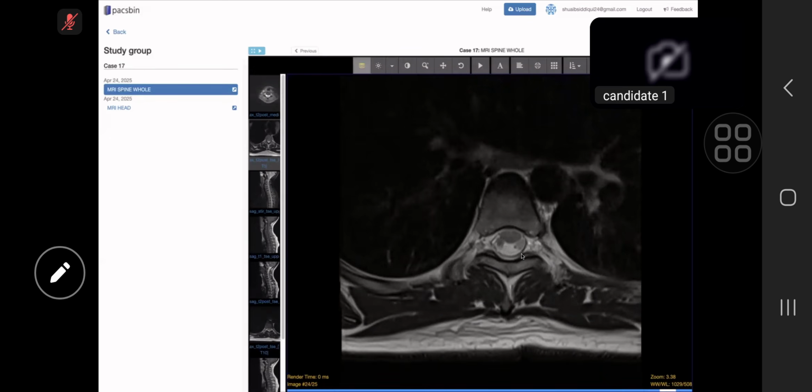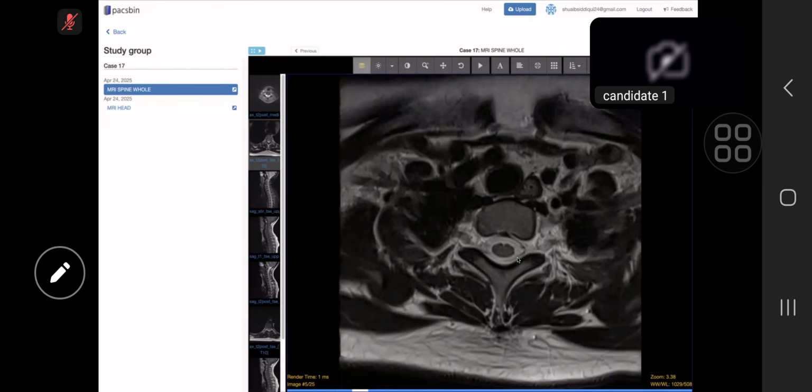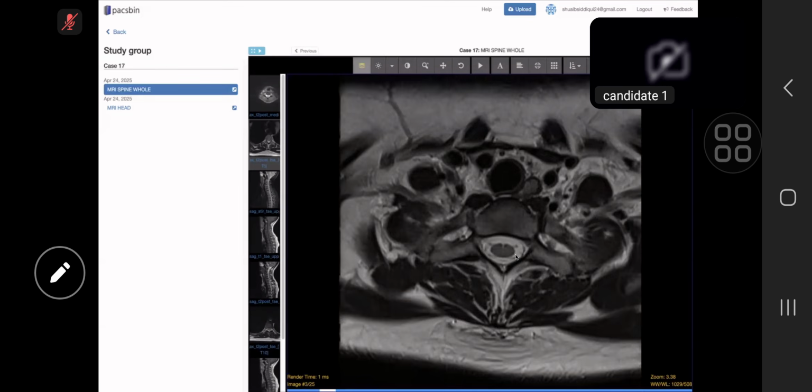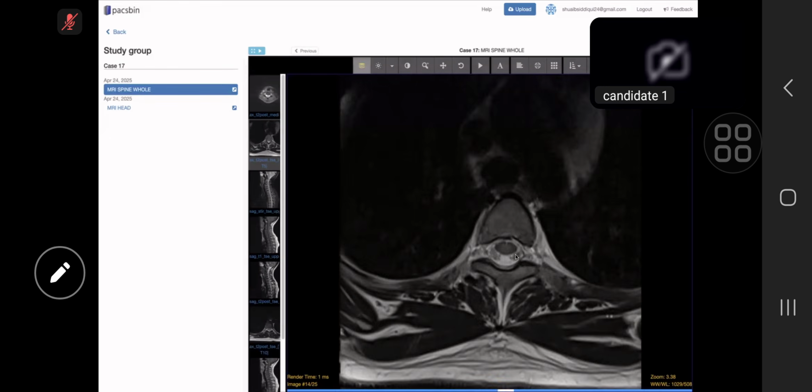Going further up, I think this is a limited section that is centered upon that lesion. So to conclude,